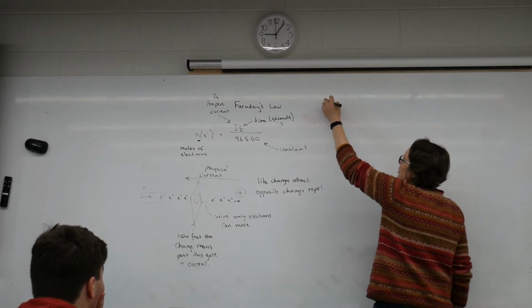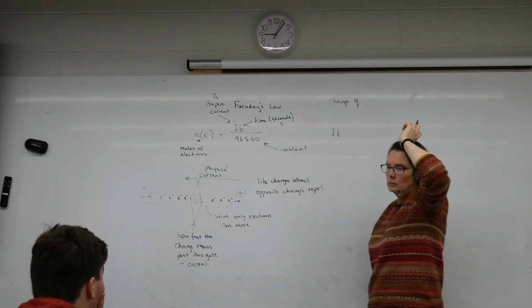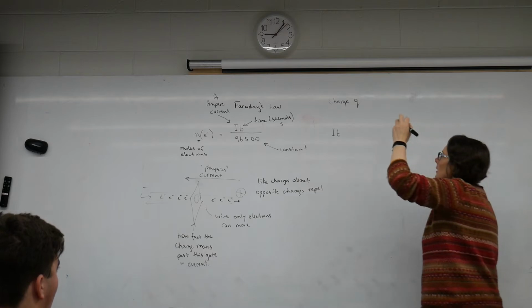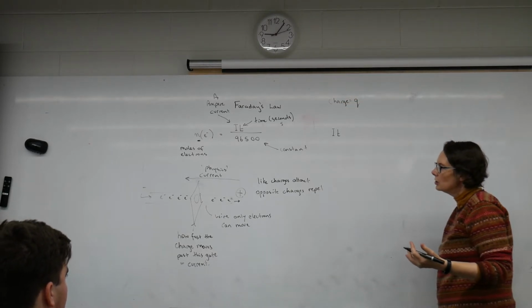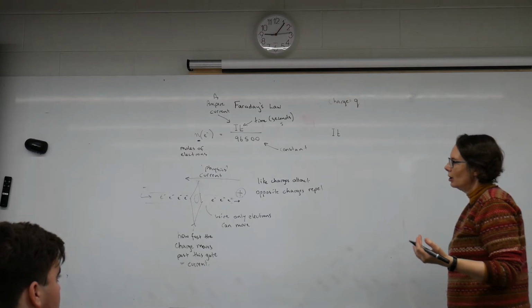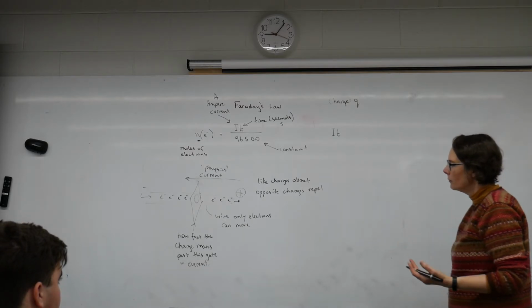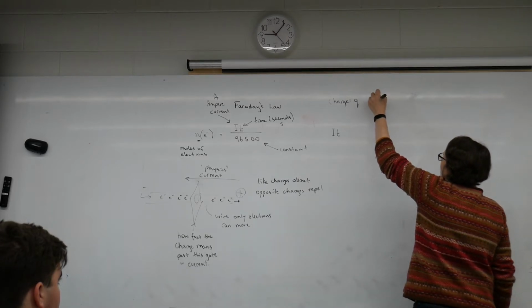So charge is given the symbol either lowercase or uppercase q, it depends. Okay? So if charge is q and current is the rate of movement of q over time,